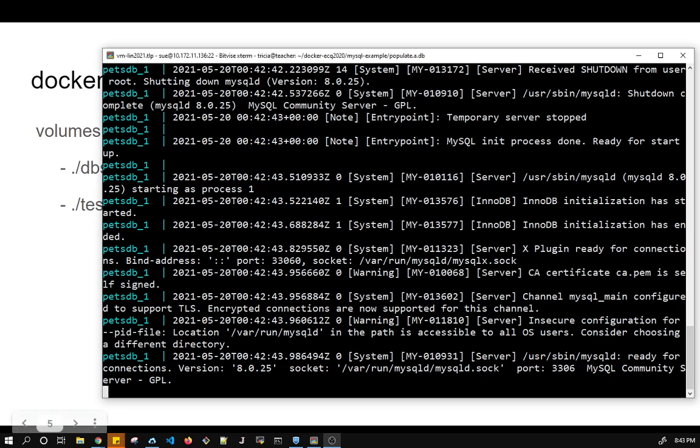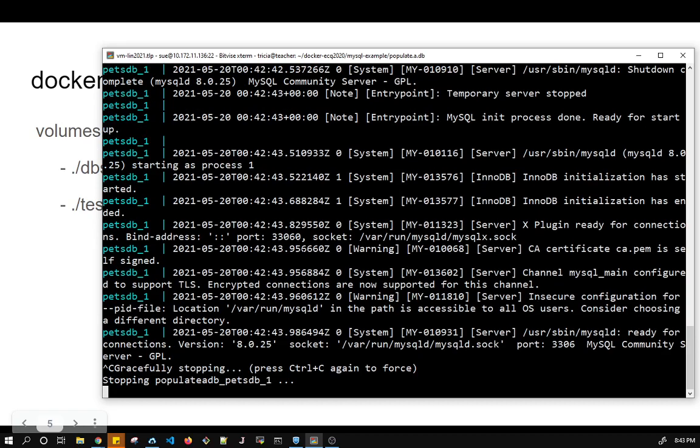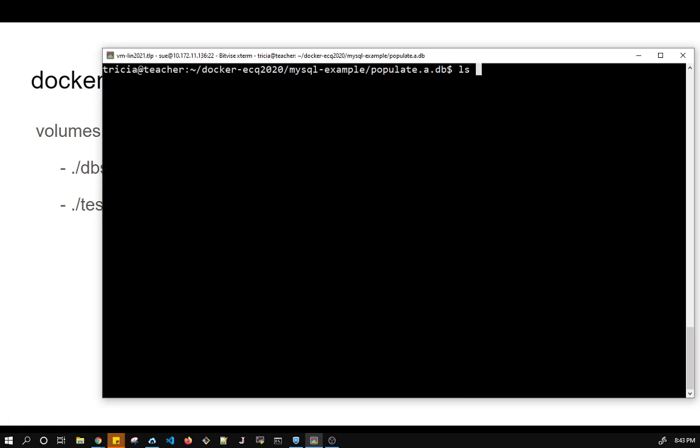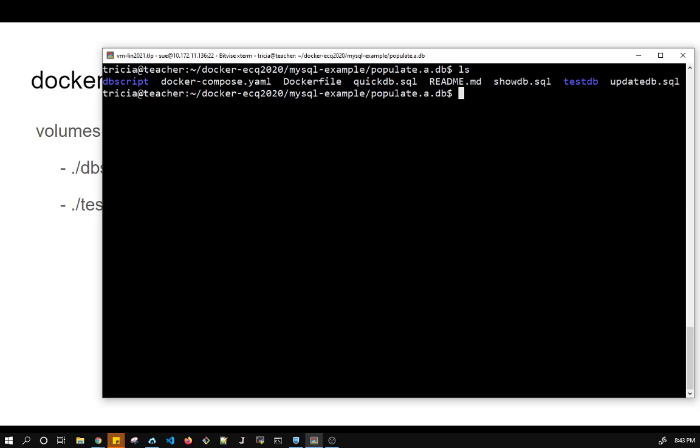So what I'm going to do now is hit Control-C, and I killed that. So now it's stopped, but what happened when I started up was it used that DB script here to create a database. So here it created my testdb,